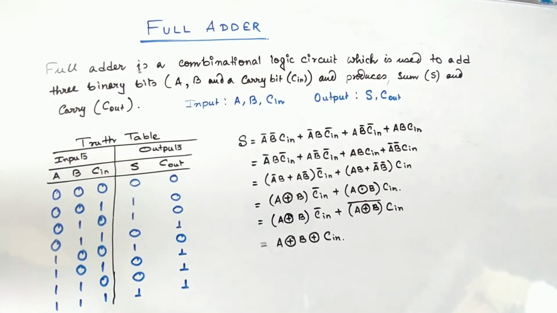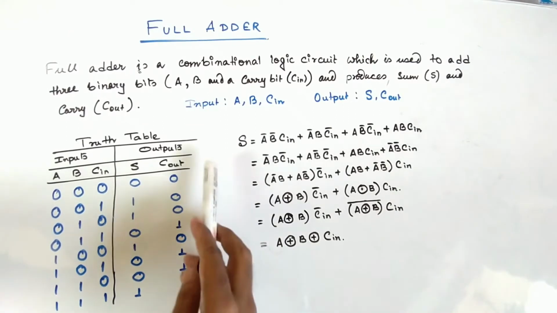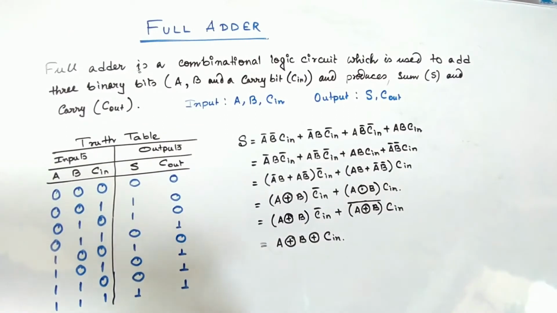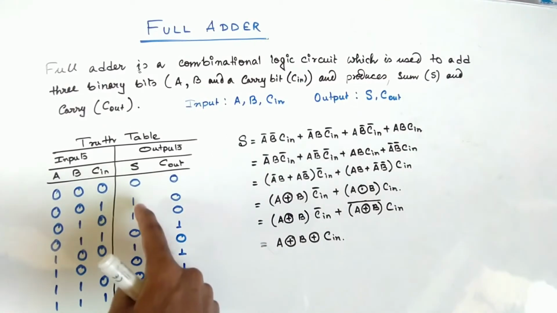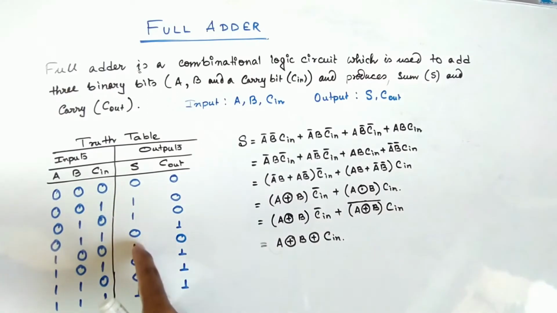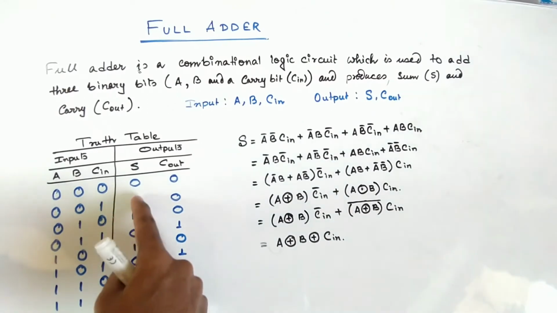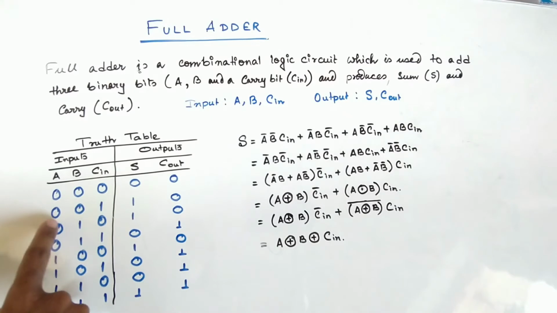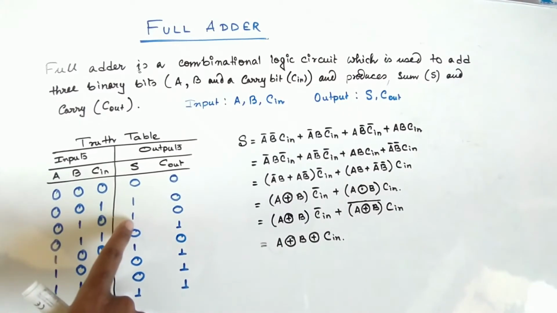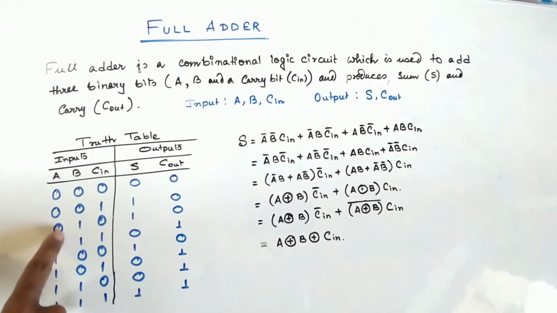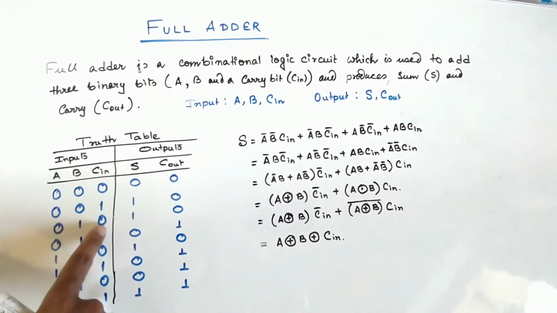So from this truth table we can express the boolean expression of the sum and carry. For both we can express the boolean expression. So first let's find out the boolean expression of sum. We are getting 4 cases where S is equal to 1. So the first case, which is A complement B complement Cin, and in the second case, the min term is A complement B Cin complement.